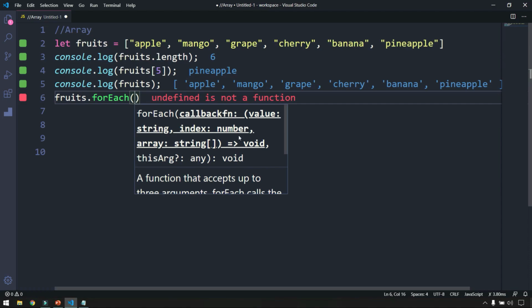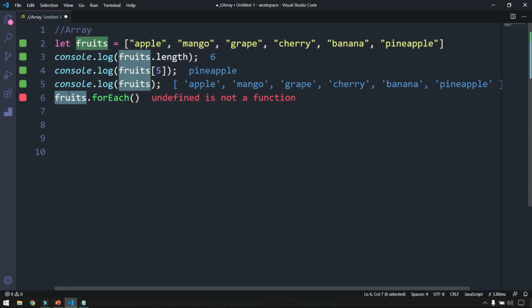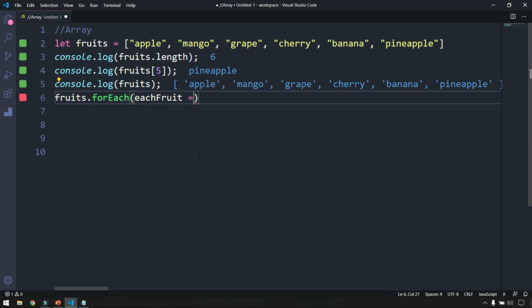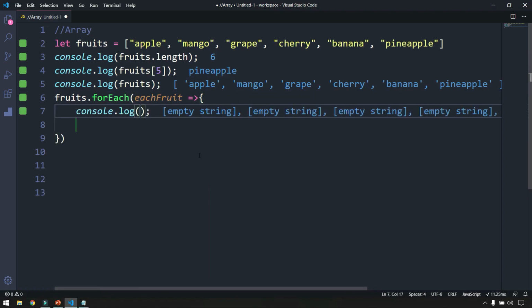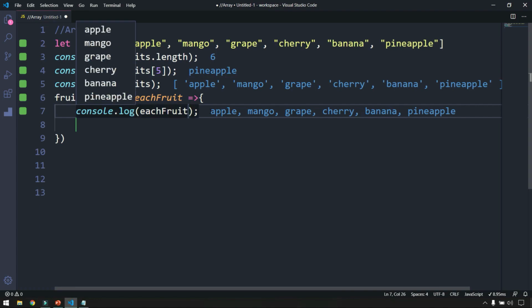As of now, let's say that in these fruits we are going to get each fruit at a time. So I'm going to say eachFruit, okay. Now we are getting each fruit. Now I can use the arrow syntax, or the fat arrow, here, and I can log each and every value. So I'm going to say eachFruit, okay. So we got the answer. Now here you can see we are not getting any square brackets. That means we have fetched the values from the array, okay.